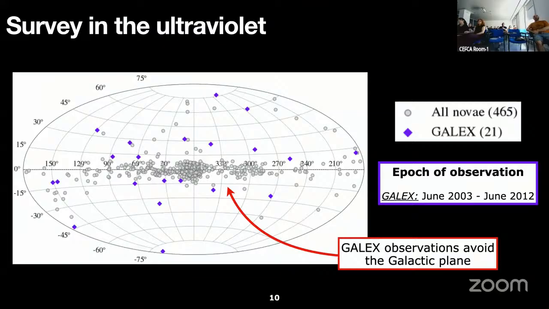To do this, we use the GALEX survey, but we found another issue, that is that GALEX avoids the galactic plane, which is where the majority of the novae are, and we only have data for 21 sources. So we wanted to check